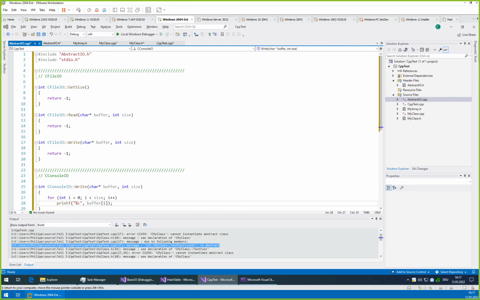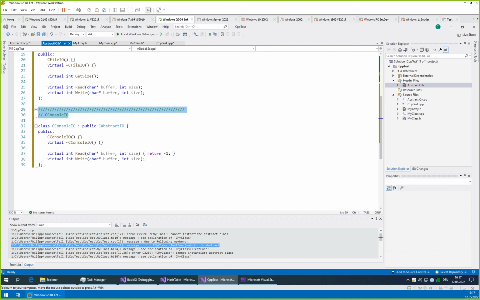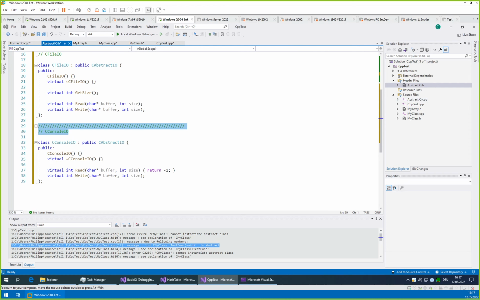And for our file, it's of course more difficult because we need an ability to open the file. So we now can do a few things. We can either give a file name in the constructor, and whether we want it to be opened and in which way, or we could make a dedicated open function that will just open it if we ask it to. But let's be lazy and demonstrate it this way.